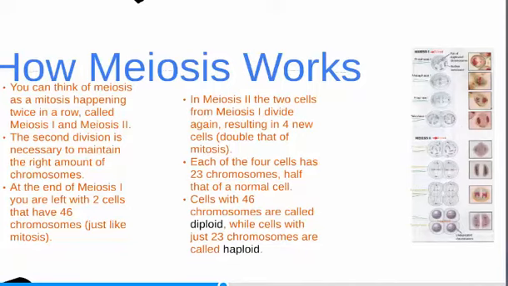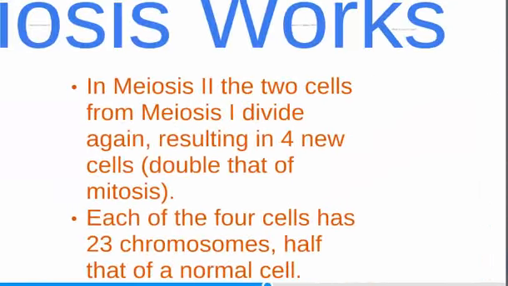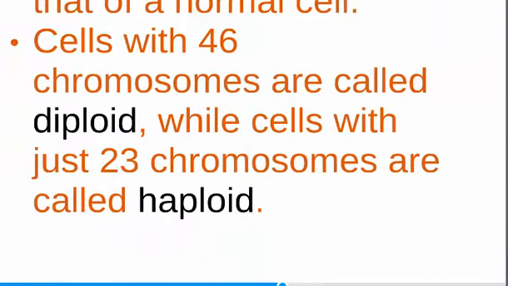At the end of meiosis 1, you're left with two cells that have 46 chromosomes. And then in meiosis 2, which is the second part of the process, the two cells from meiosis 1 are going to divide again, resulting in 4 new cells. But each of these 4 new cells will only have 23 chromosomes. So the cells with 46 chromosomes, which were diploid, are going to form cells with 23 chromosomes, which are haploid, and they have half the number of chromosomes. So here, as we said, we only move from 46 chromosomes to half the number, which is 23